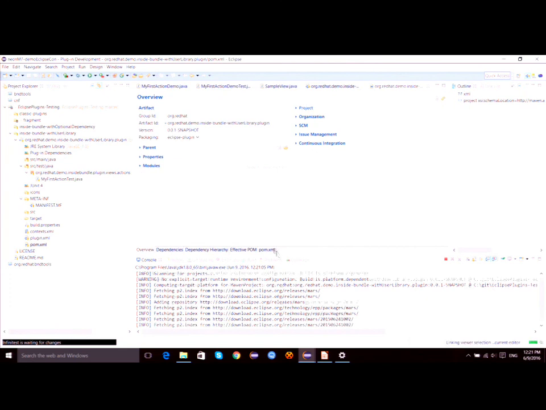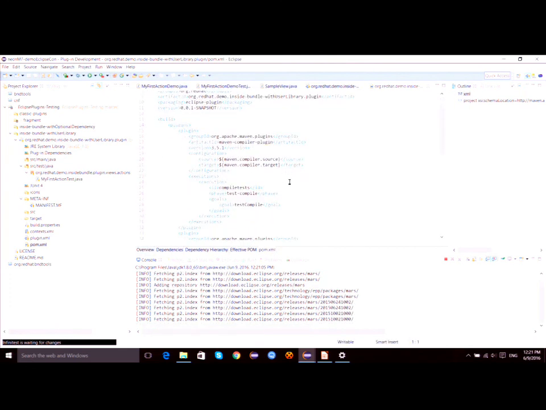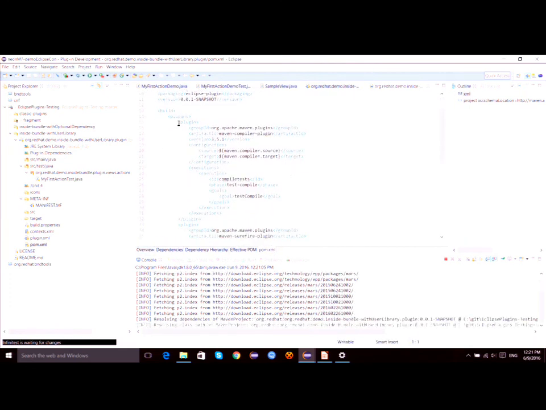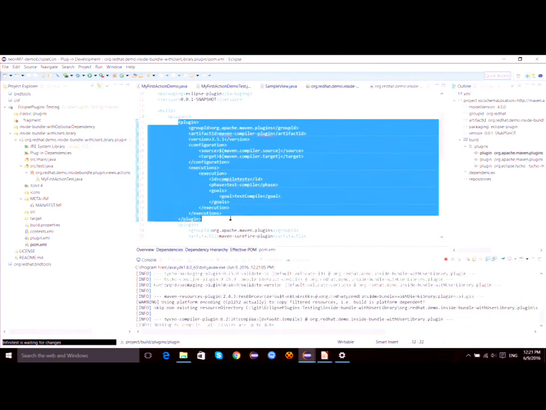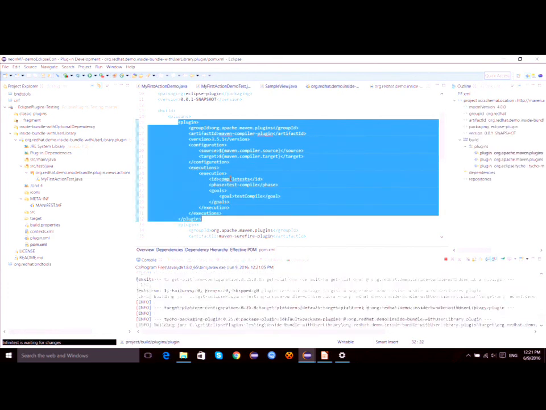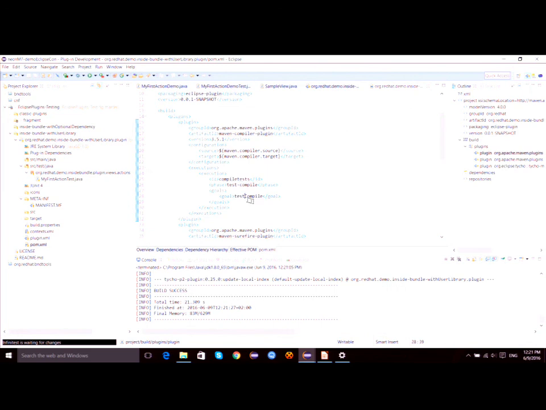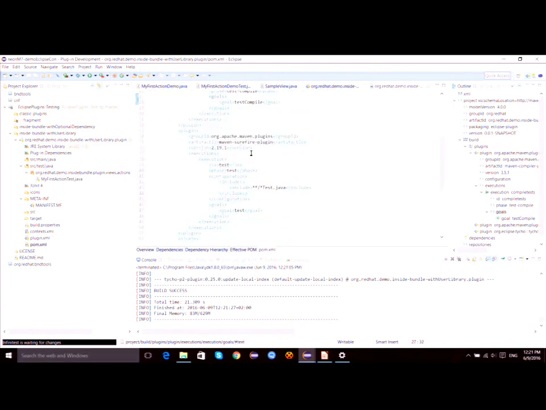So we'll open it, and you need to bind the test compile execution to the correct goal in order to have them built at the correct time, and to configure the Maven Surefire plugin with which tests to execute